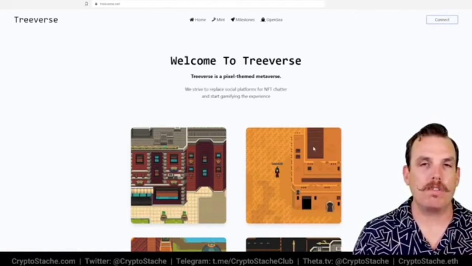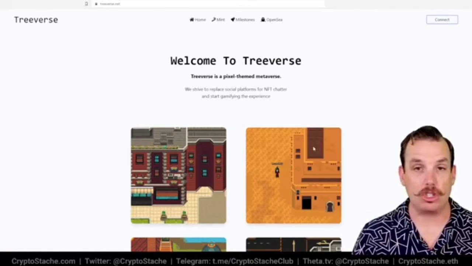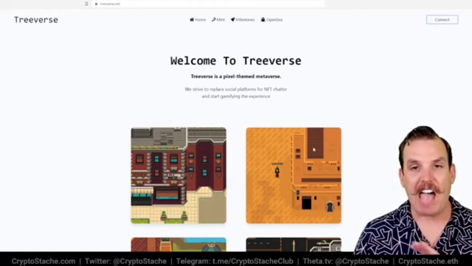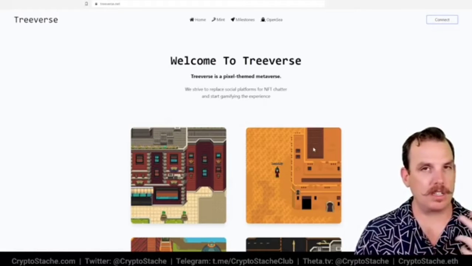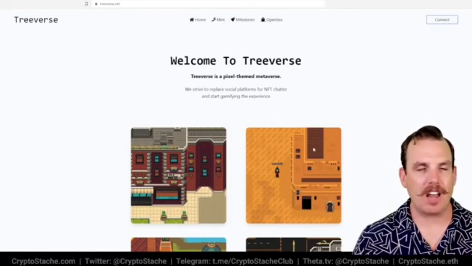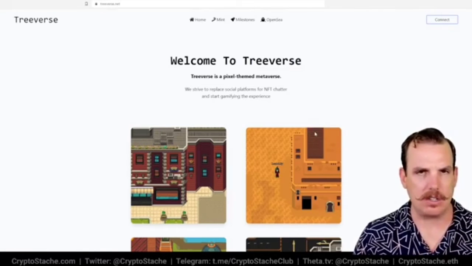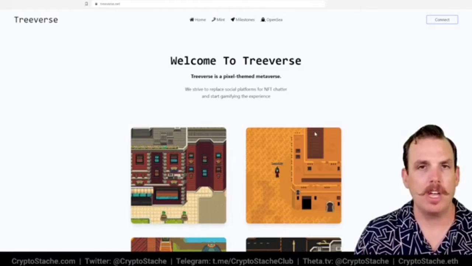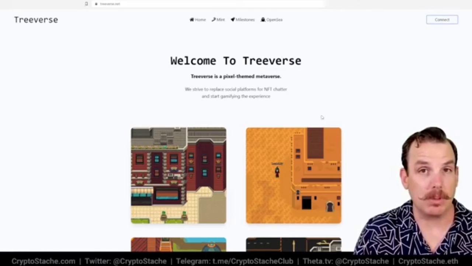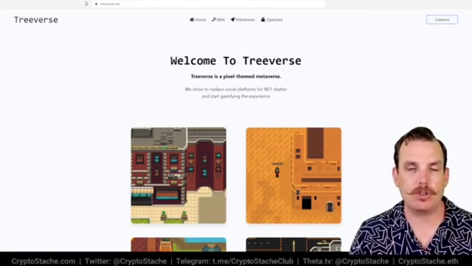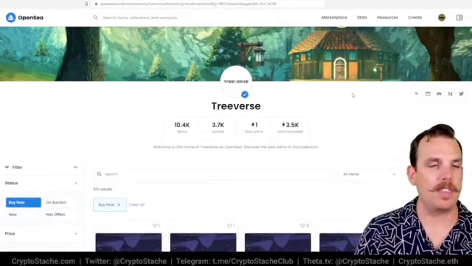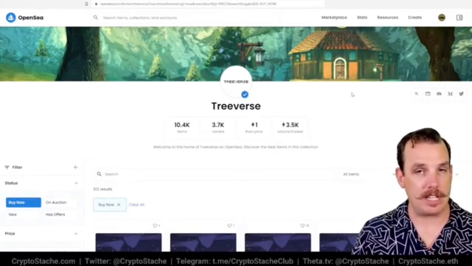Now, their original founders land sale has actually sold out, because you can actually have land in the Treeverse. That's one of the key components to a lot of these metaverse NFT lands. You can buy them, you can sell them, you can hold them for long-term value, or do something with them inside the game. And Treeverse has that, and their founders land sale sold out,